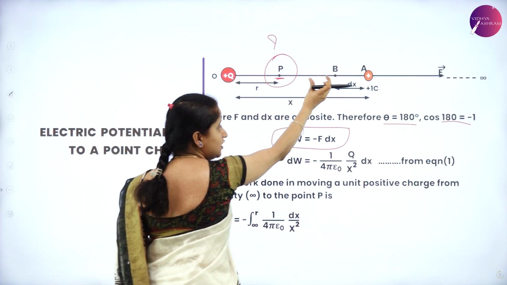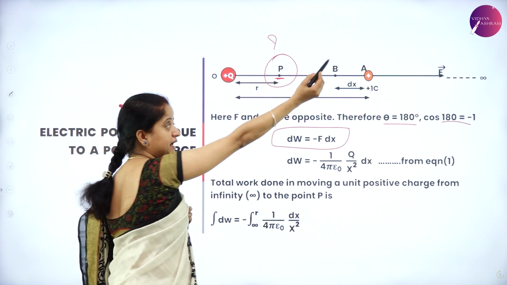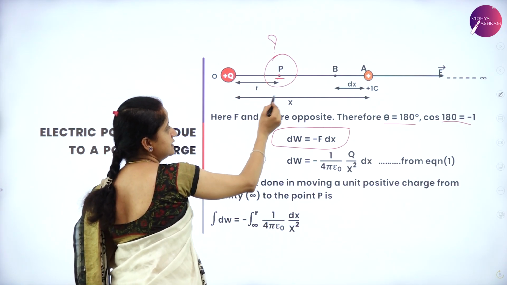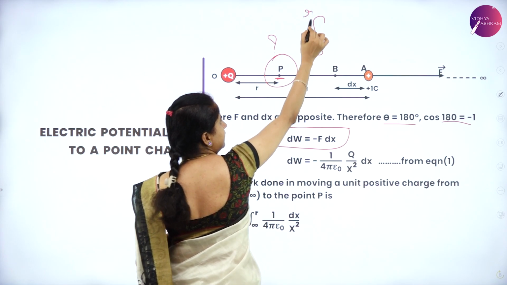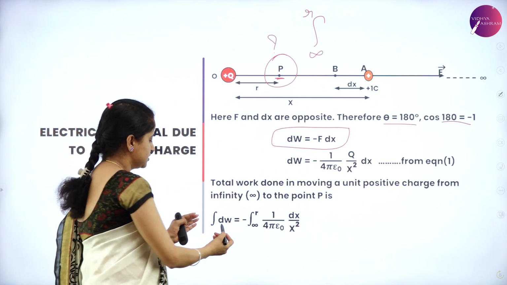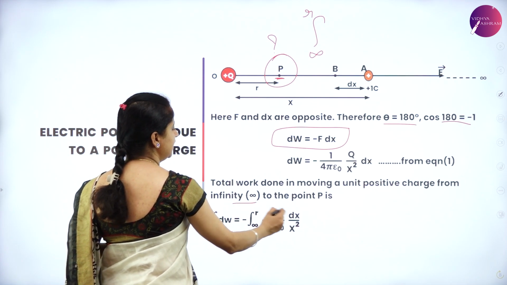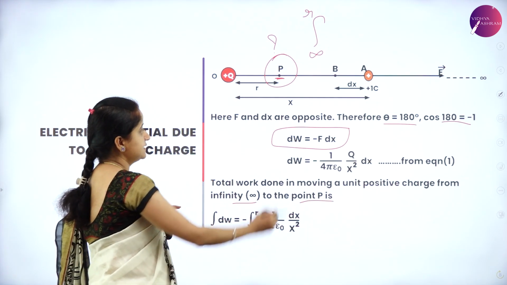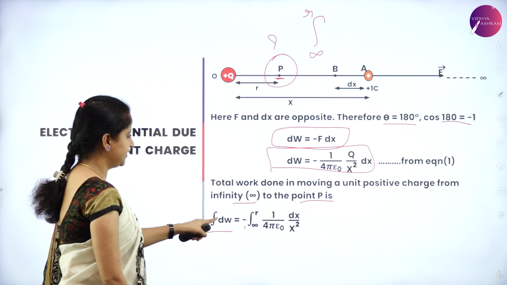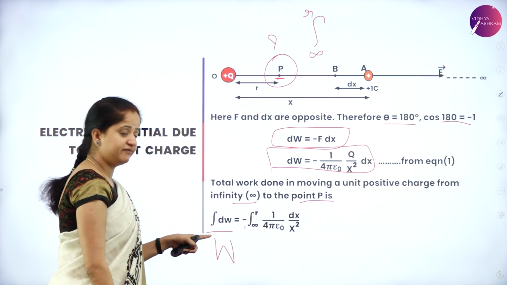See, these are the small distances. So if we integrate from the point that is infinity, the limits are infinity and this distance with respect to the charge plus Q, that is from infinity to R. So if you integrate small work done, we will get the total work done. So total work done can be calculated by integrating with the limits infinity to the point P, that is at a distance R from plus Q. I am integrating this equation, that is integral of dW. If you integrate small work done, we will get the total work done, which is represented by capital W,